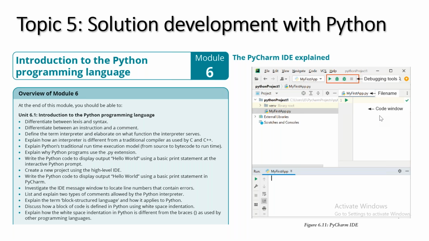In module 6, we're given an introduction to the Python programming language. We also give you another IDE that we can use, which is PyCharm. Even though the curriculum document says that we can use Thonny or we can use PyCharm or we can use VS Code if we wanted, there is no specific IDE that you have to use. Like with VB programming, you would have to use Visual Studio. With Python programming, there isn't an IDE that you have to use. You can choose whichever IDE you want to.